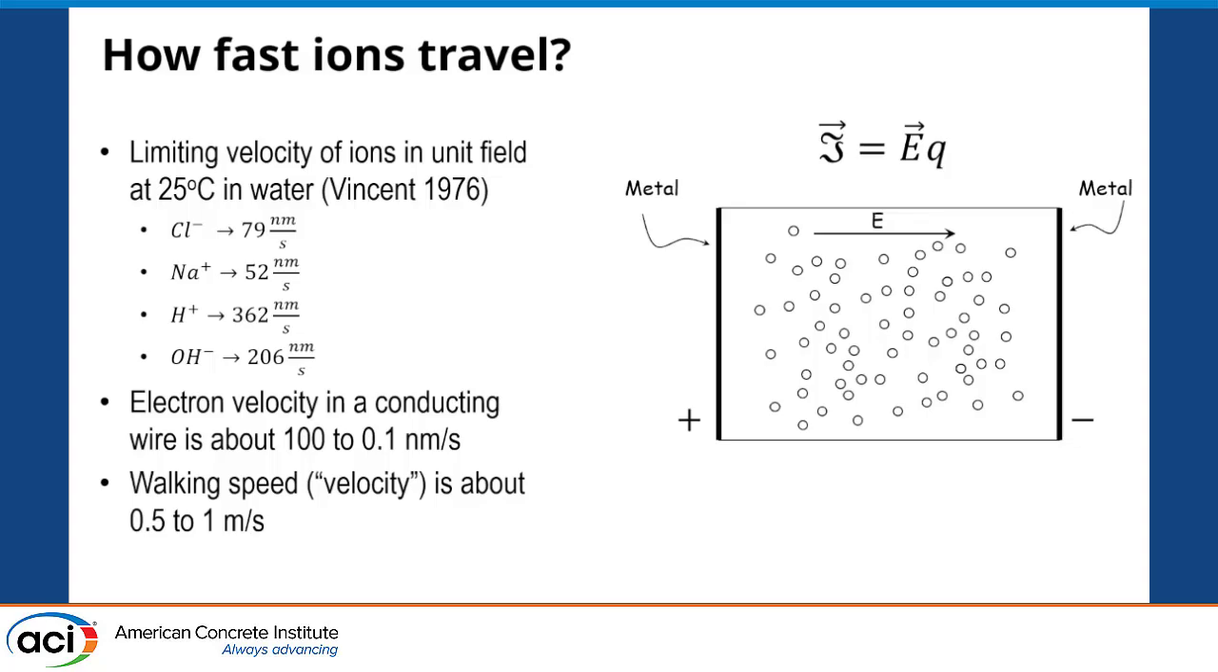To just put this in perspective, electrons in a conductive metal will move around 0.1 to 100 nanometer per second, and that is again because you're constantly banging into other electrons or other atoms. And velocity of a walking person is around half to 1 meter per second, right? It's me coming out of the bar on Friday night, it is probably 1 meter per month. But